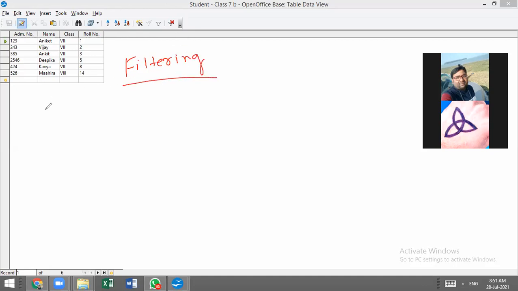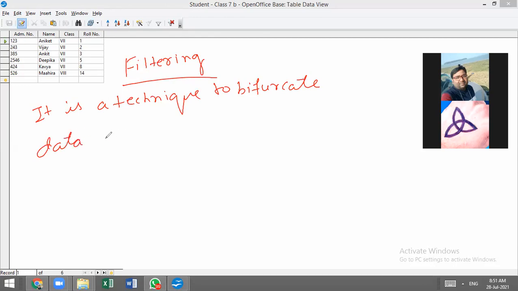As the name suggests, it is a technique to bifurcate data as per desired conditions, right? So as the name suggests, filtering is a technique to bifurcate data as per desired conditions.